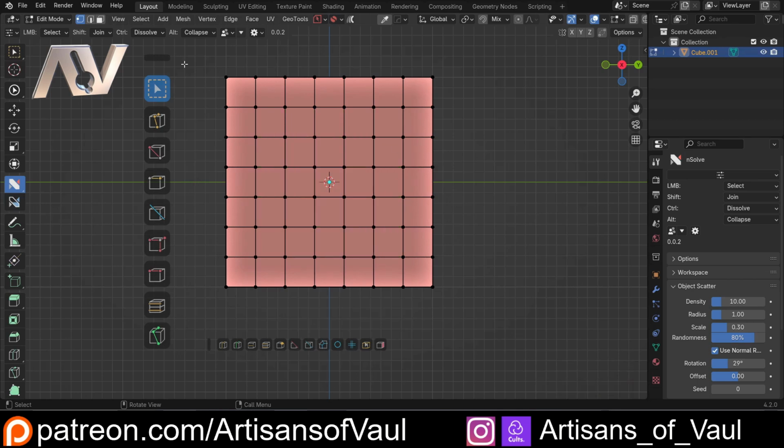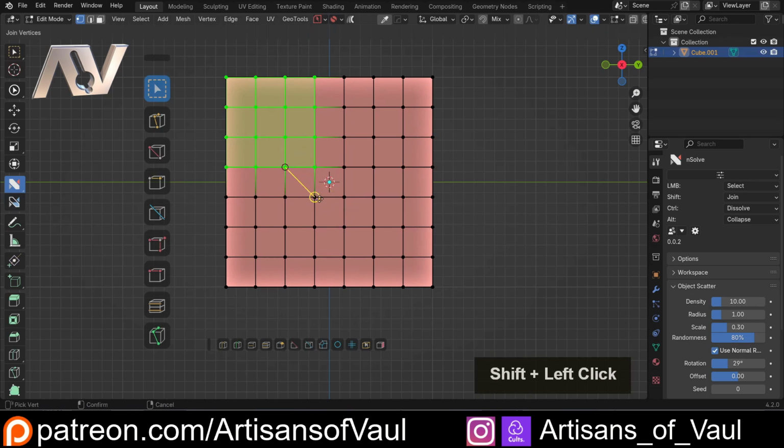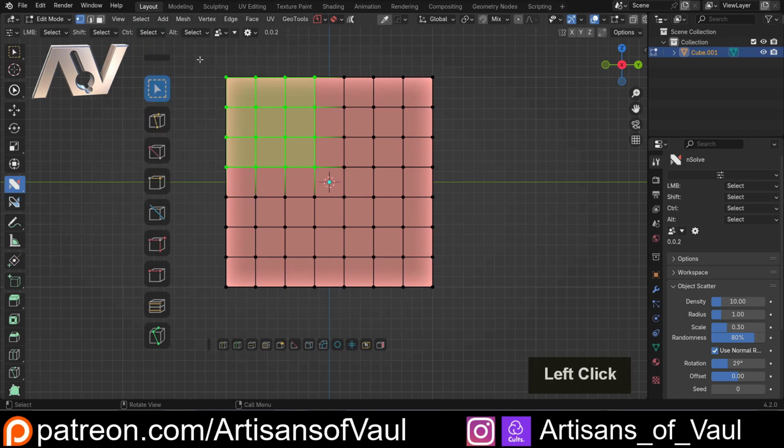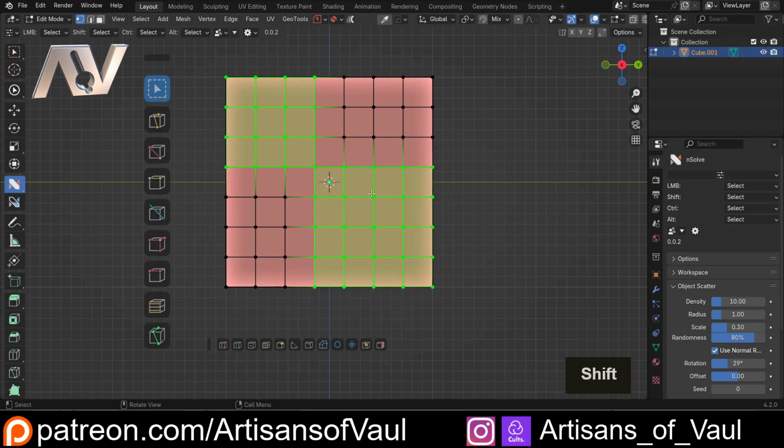I also wanted to mention that if you want to stay in nSolve, for example here I can't use the Shift button, because at the moment if I hold down Shift it's creating a join function, because we've got it set to join. If I change these all to select, then effectively we'll have that same functionality. So click, Shift click, and there we'll add it,